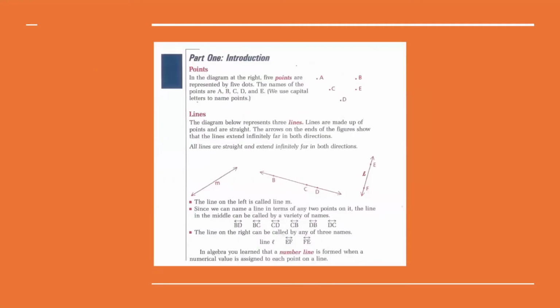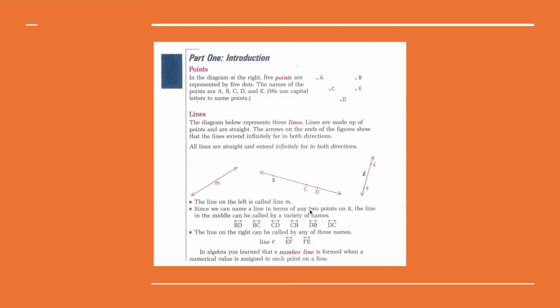In this diagram, there are 5 points, A, B, C, D, and E. We name the points by capital letters. These diagrams right here represent lines. Lines are straight and they extend infinitely in both directions. You can name a line by this little letter here, so this is called line M, or by points on the line. So this line in the middle would be called line DB, or line BD, or line DC,